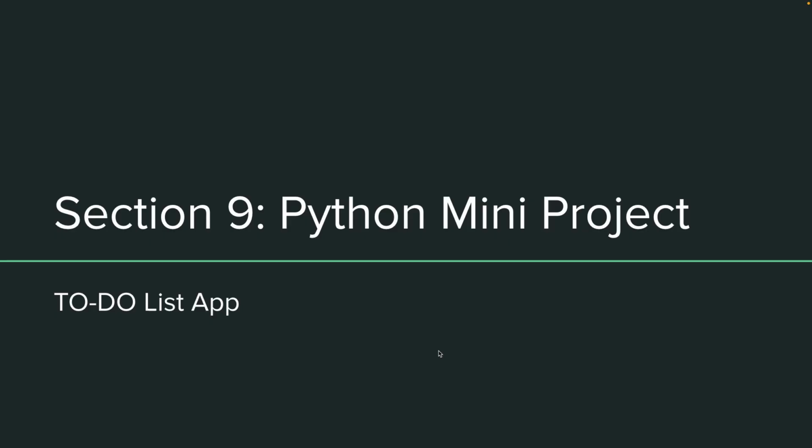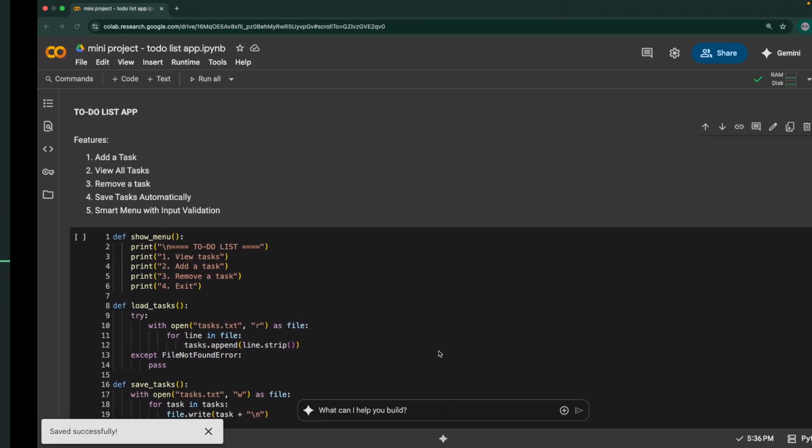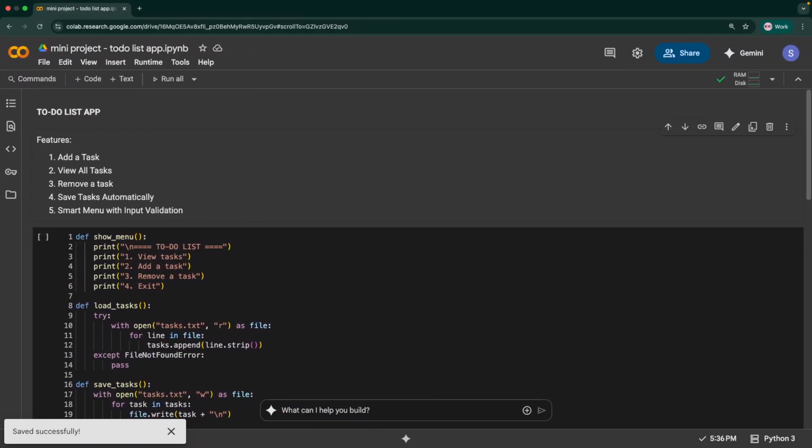So let's see how we can do this in Google Colaboratory. Before going into the coding part and explaining that, I have all the code here ready. But first I'll show you how this application works, what the different features are, and the main concept of this. Then I'll explain the code and how the entire thing works and so on.